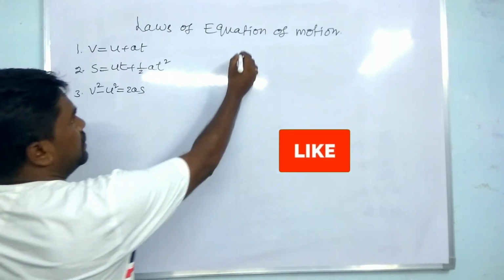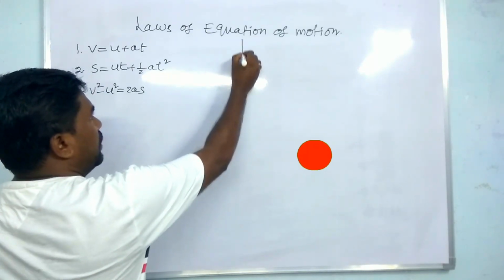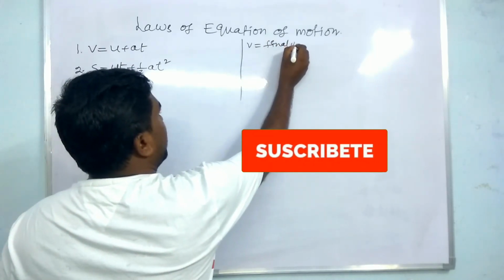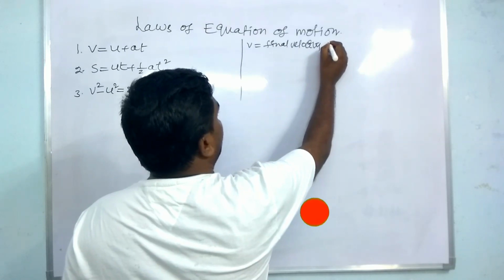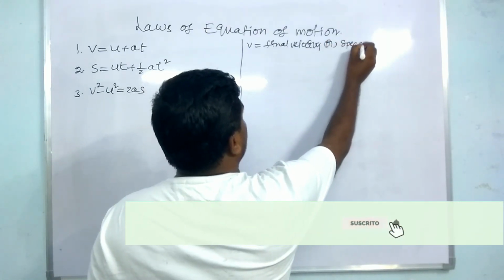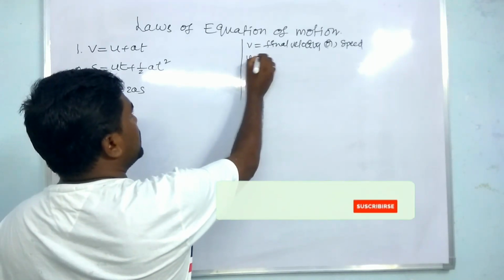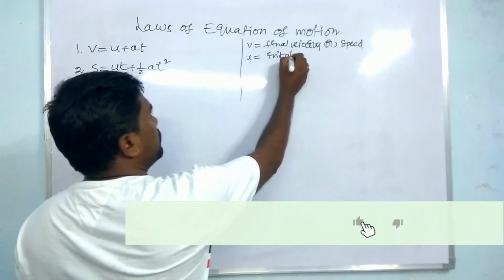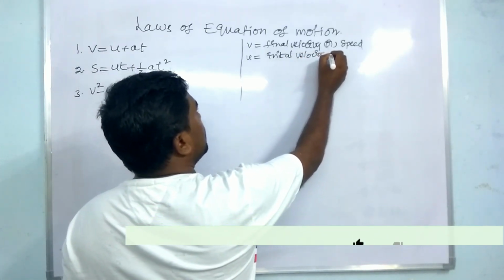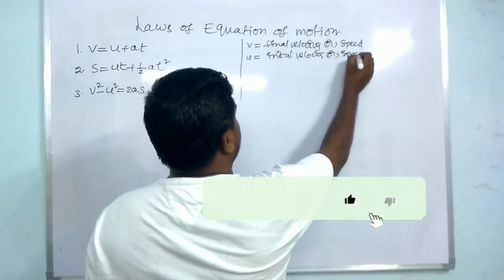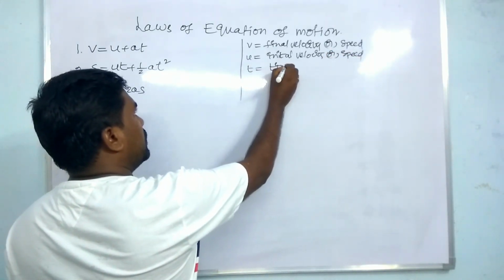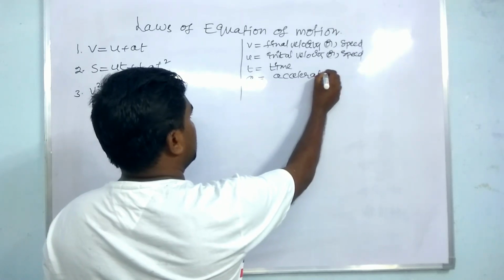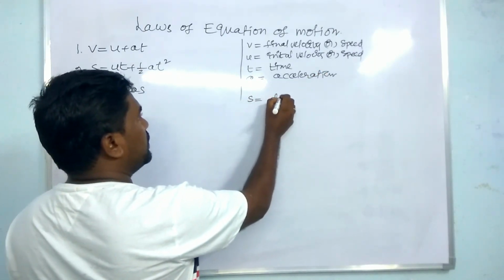So from these 3, the terms we have to learn: V is equal to final velocity or final speed, and U is equal to initial velocity or initial speed, and T is equal to time, A is equal to acceleration, and S is equal to distance or